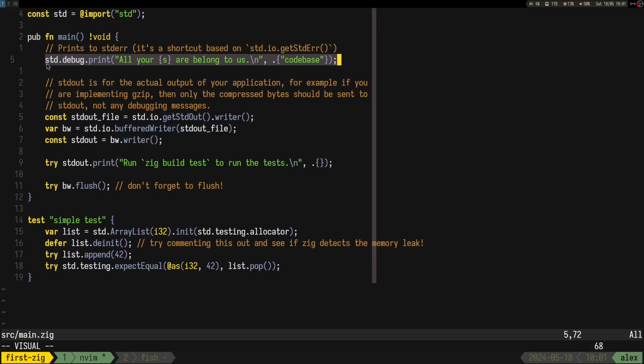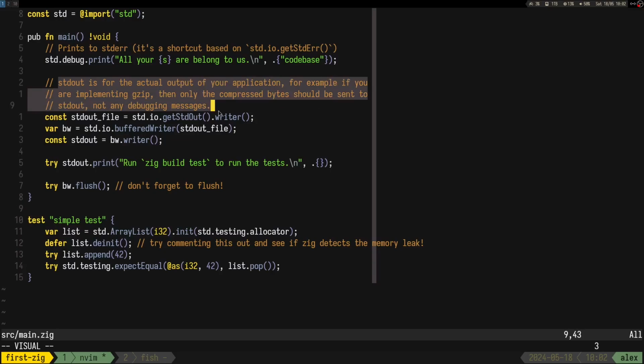I mean, I've seen so many things that this is just pretty easy to follow. I guess this one is, okay, so std out. Well, obviously,